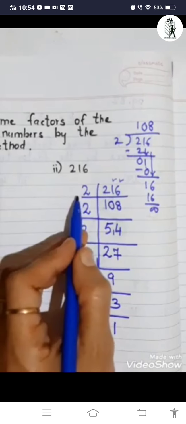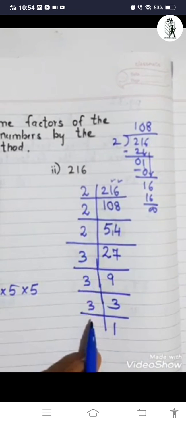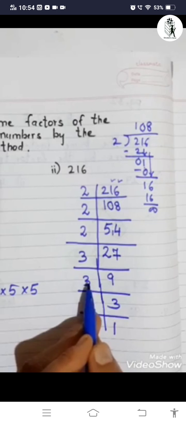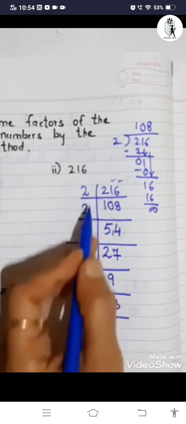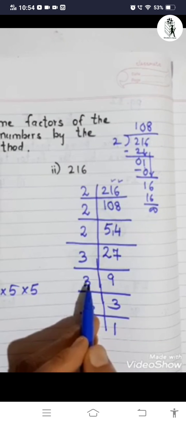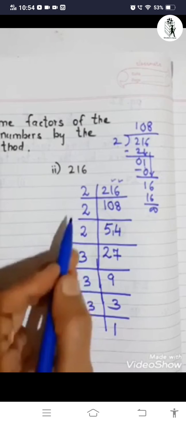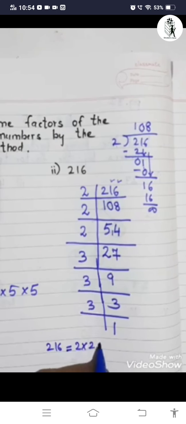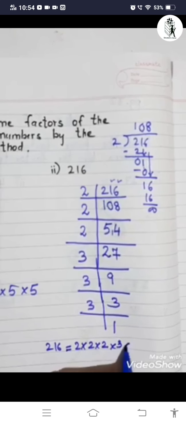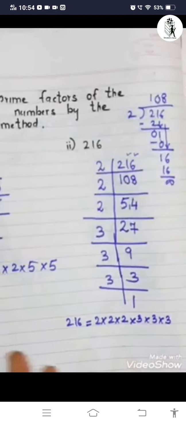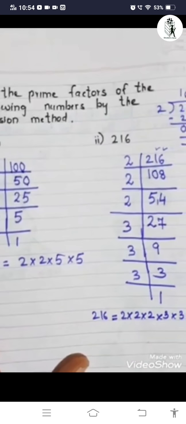So you have to be very careful that every number you are dividing by should be a prime number. Like here, suppose 9. Many students take directly 9 1s are 9. The entire prime factorization will become wrong because as soon as you take 9 here, 9 is not a prime number, it's a composite number. So you have to use only prime numbers. And at last what do we do? 216 is equal to 2 into 2 into 2 into 3 into 3 into 3. Correct? Yes, so this is the division method that we do.